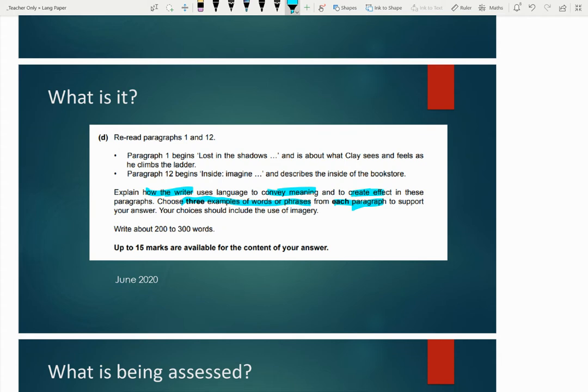So, what are the intended effects of the words and phrases that have been chosen by the writer? How do they impact on the reader, and how do they help to create mood or atmosphere or some kind